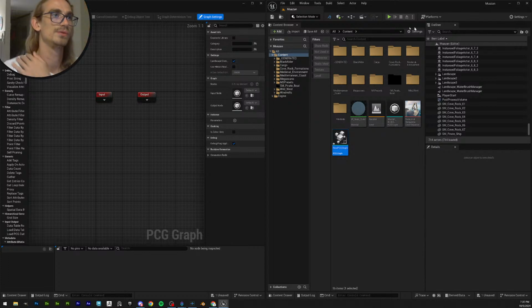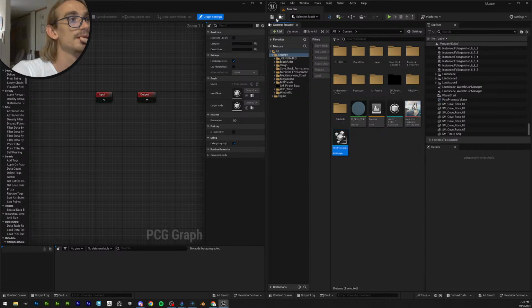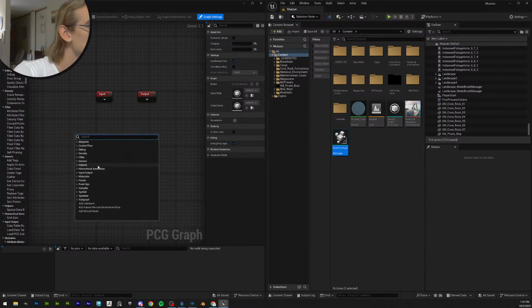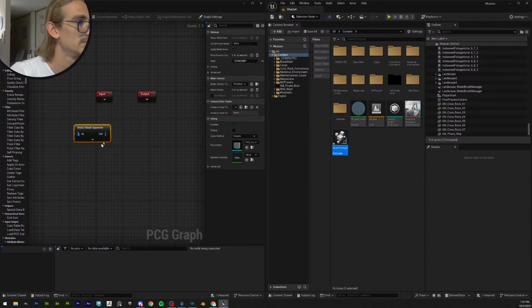So here I'm going to create something different. Let's go static mesh spawner, and inside this static mesh spawner,